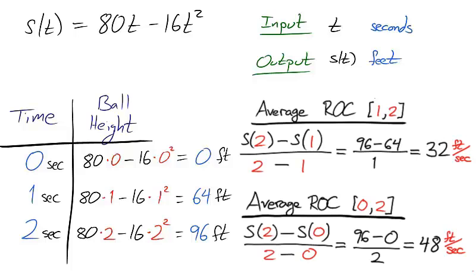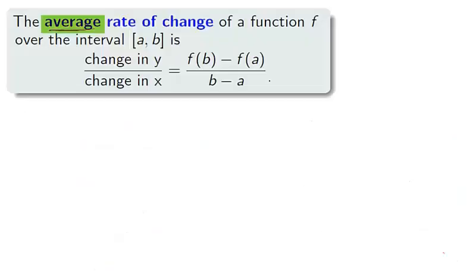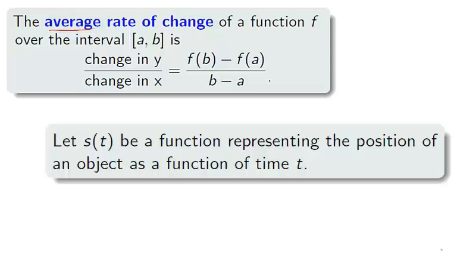The velocity of the ball is not constant. We are reporting the average velocity of the ball, not the velocity instant to instant. The same is true for general functions. The average rate of change records what it says, the average change in y per x unit over a certain x interval. The distance function s of t will commonly be used to represent the position of an object as